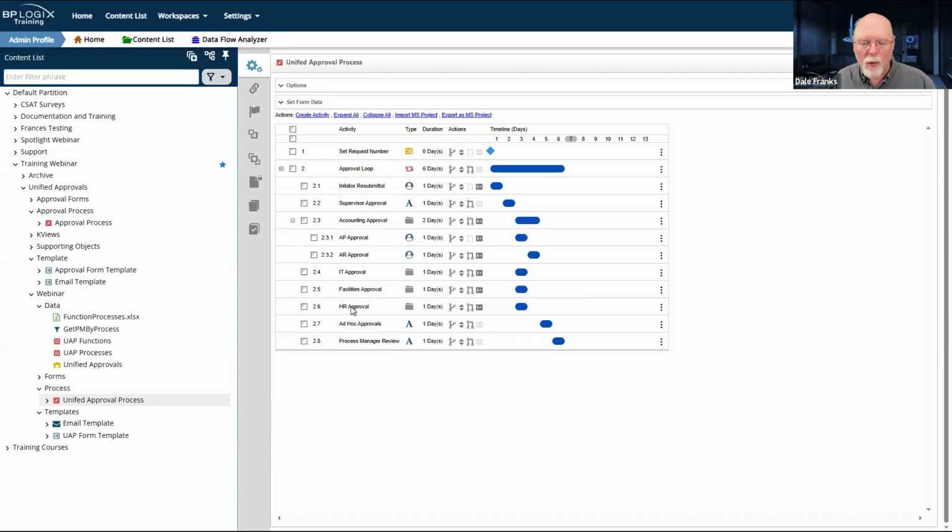Also next week, we have to start getting into this email template. It's going to be a relatively complex email template. Again, we're going to have to use a lot of system variables to evaluate what is going on in our process and what it is that we want to show in our email template. But we're not going to have time to do that this week, so we'll just have to look at that next week. Our thing next week will be to finish off the Unified Approval series. So that third episode, I think, will be our last one.